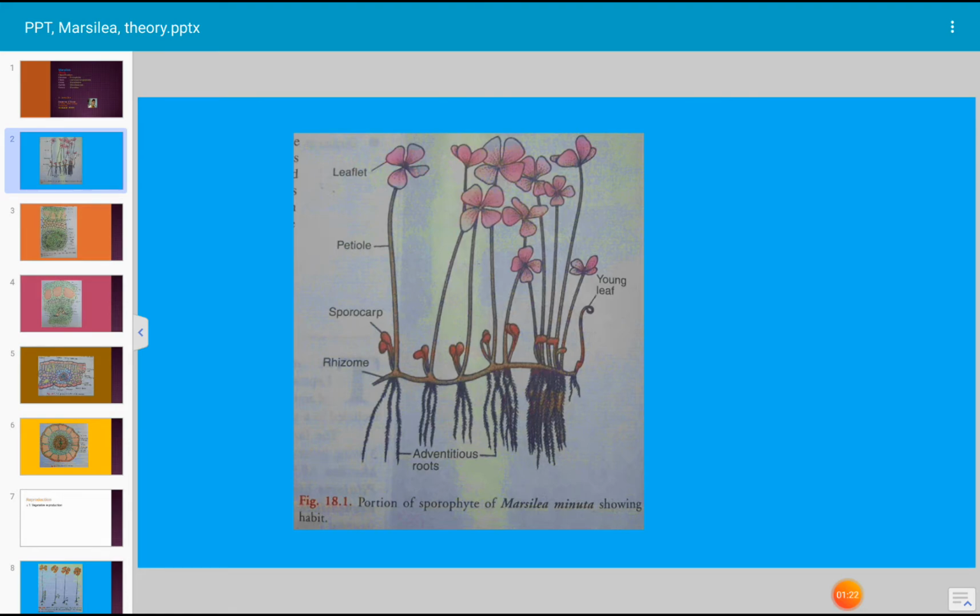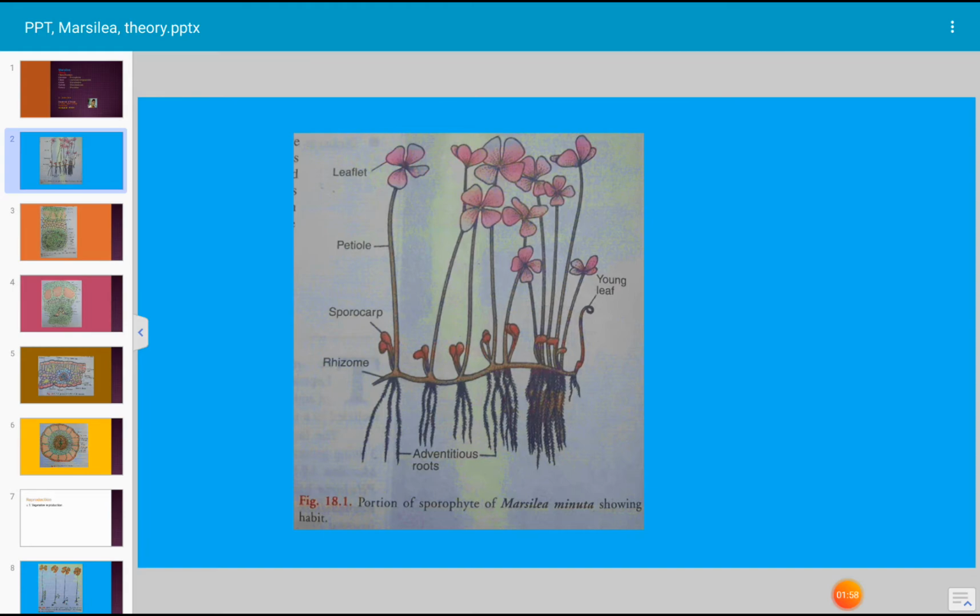There are about 65 species of Marsilea which are distributed throughout the world. Marsilea occurs throughout the world. They are more commonly found in tropical regions such as Africa and Australia. In India, 10 species of Marsilea were discovered by Gupta in 1957. About 6 species of Marsilea are known to occur in the United States,